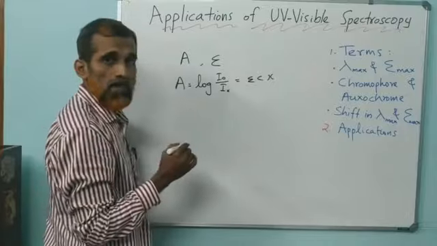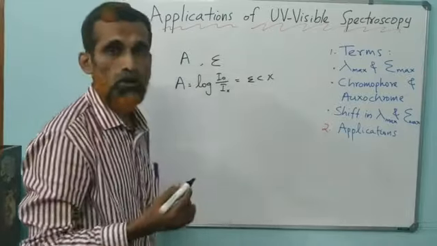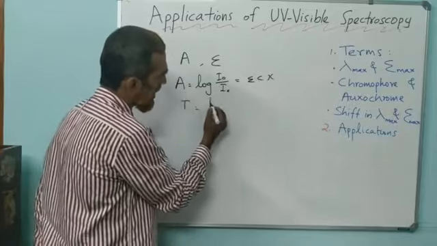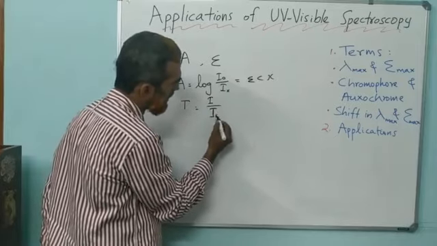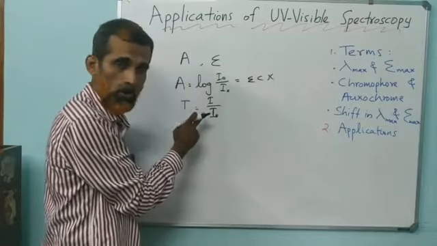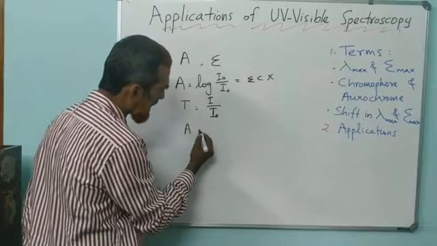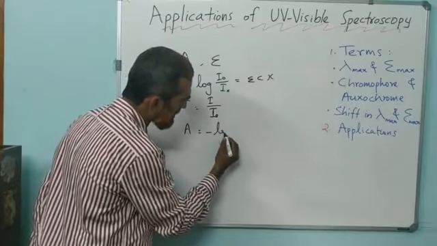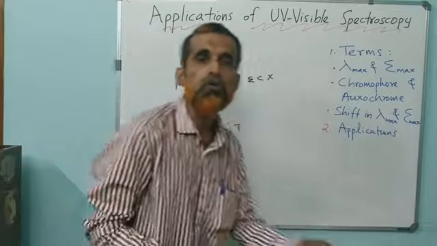And one more term we have learned in the previous session is a somewhat reciprocal of absorbance, that is called transmittance, which is defined as I by I0. It is not exactly the reciprocal of absorbance because absorbance is a logarithmic term, but this is not. Transmittance is only I by I0. So we can write the relation between absorbance and transmittance as A equals minus log T, right? Okay. Now we move on to some new terms,